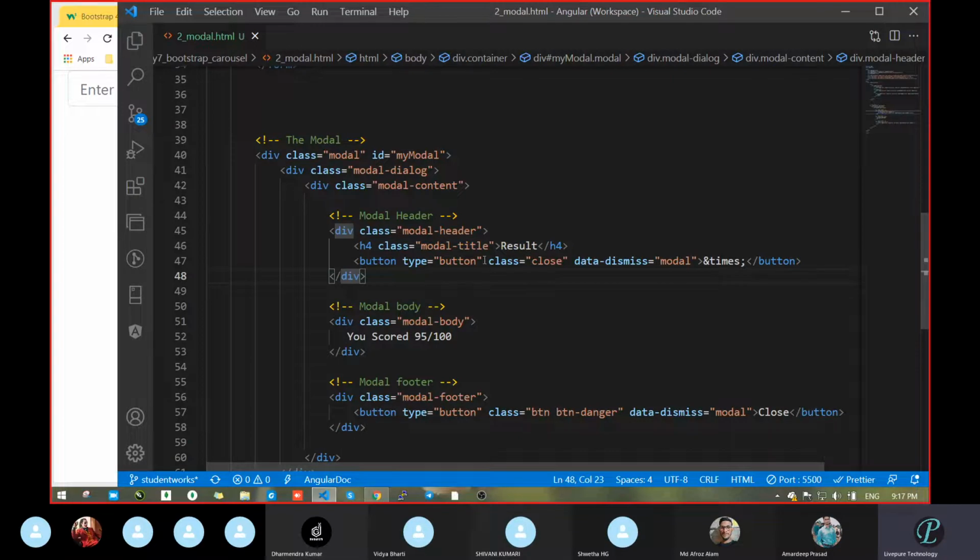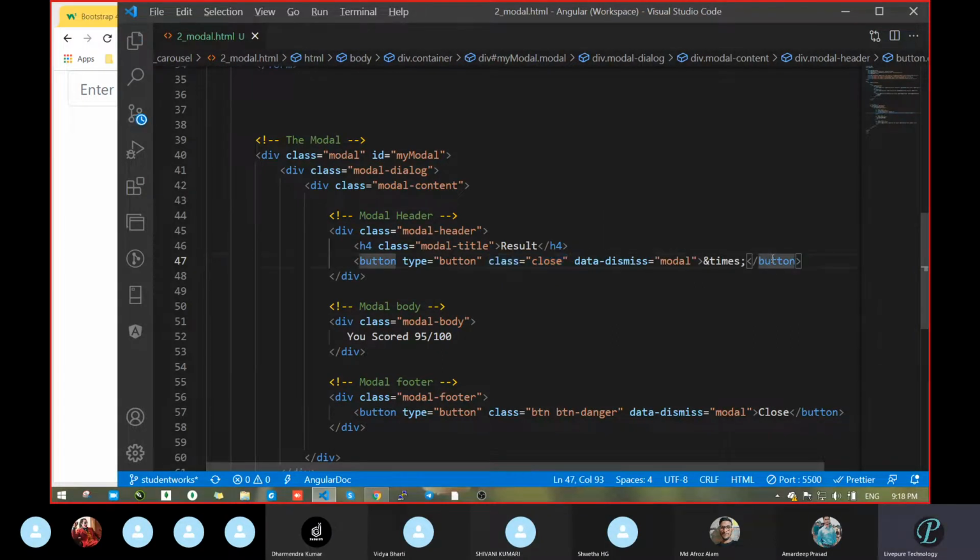Okay. Next, we added a button. In the button, we took type equal to button and class equal to close. So is there any need of this class close? What are you thinking? There is no need, but we took it regarding the design, because if you do not pass this class close, how will this button look? Now see, where is this button?